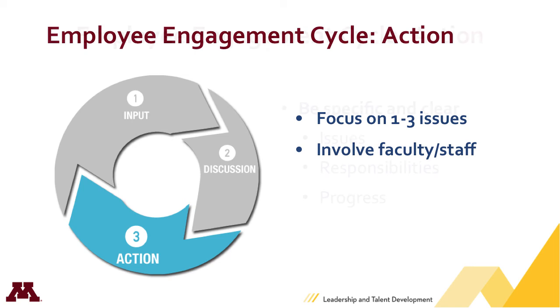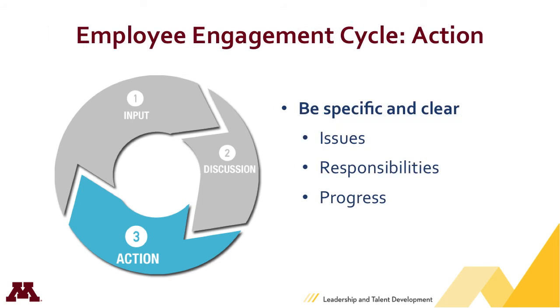Faculty and staff can help you understand the context for the input as well as provide appropriate solutions. And then be specific and clear on an action plan and make sure, as Brandon talked about, that it's linked to your business objectives and it's manageable in the number of priorities, no more than 3. And it's a plan that's clear about who will do the work. So once you start taking action, make sure that you're providing regular updates on the progress. Faculty and staff may not realize that the actions were based on their informal feedback or survey data, so definitely let them know. So we have a few examples of actions that have come directly from our own university community.